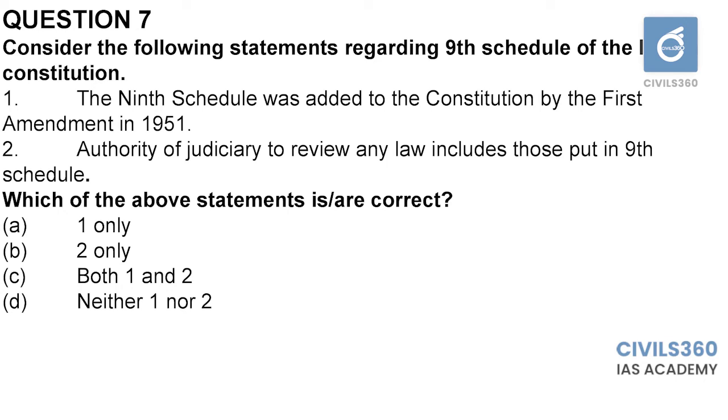So, what is this 9th schedule? It was added to the Constitution so that the laws included in it would be beyond judicial review. That was the purpose for which the 9th schedule was added. But the court later opined that such blanket protection cannot be given. It also upheld the parliament's power to place a particular law in the 9th schedule. But they said that complete denial of judicial review with respect to any schedule is not possible.